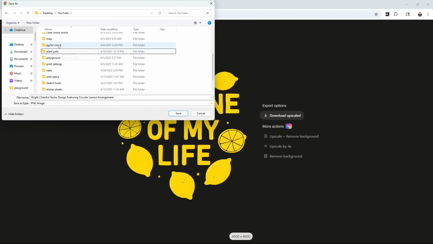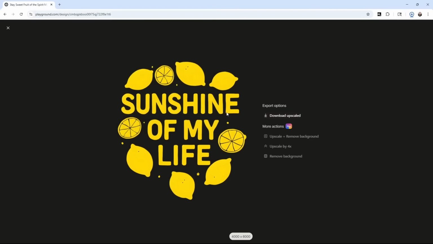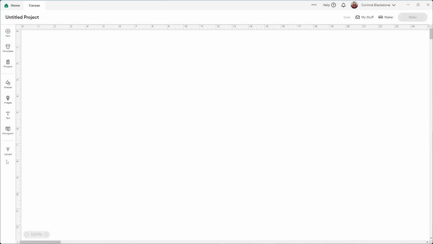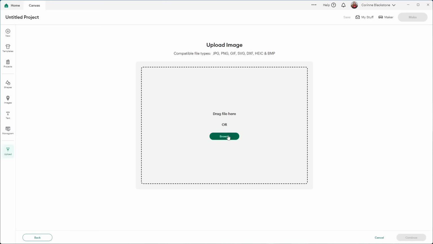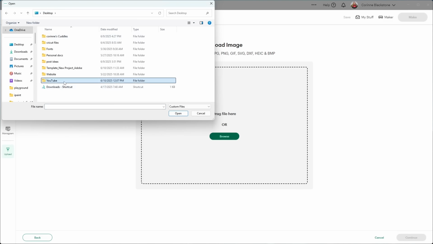So we're going to save this to the PG for Cricut folder, and you can change the name of it if you want to. You do not have to. And let's go over to Cricut. I'm going to show you how to upload this. Here in Cricut Design Space, I'm going to click Canvas, and then I'm going to choose Upload. I'm going to upload my image, and I'm going to click Browse. Then I'm going to go to the folder that I saved it in